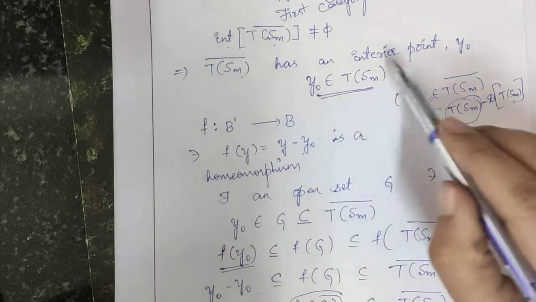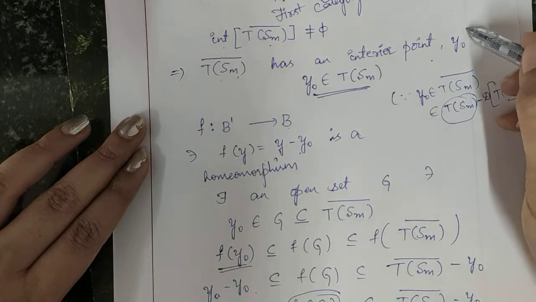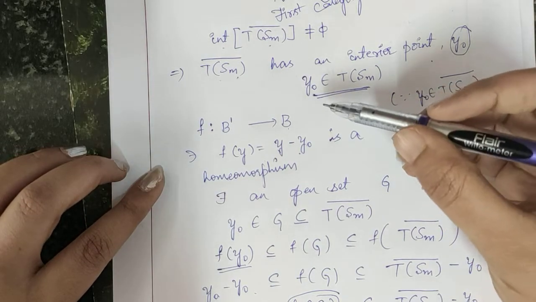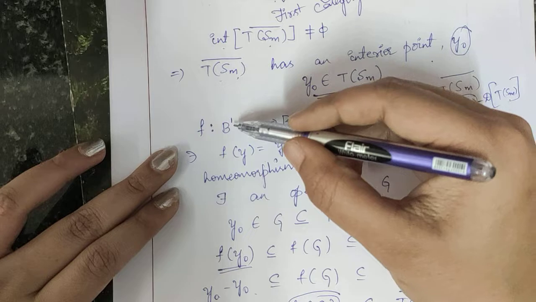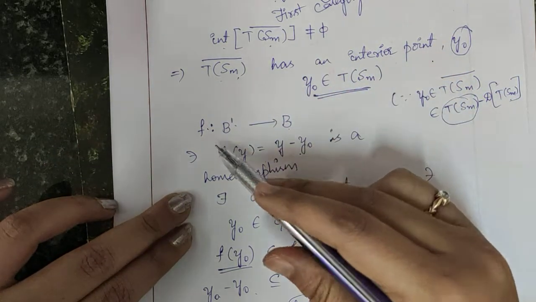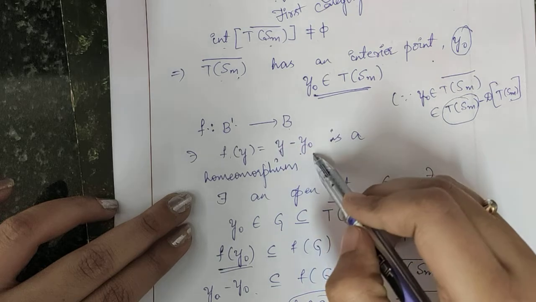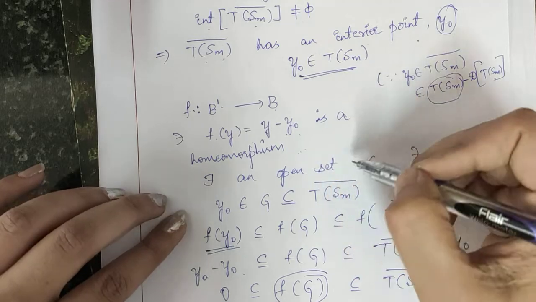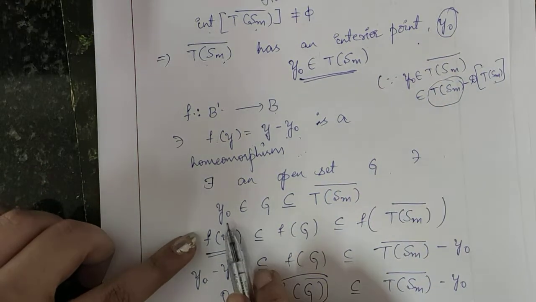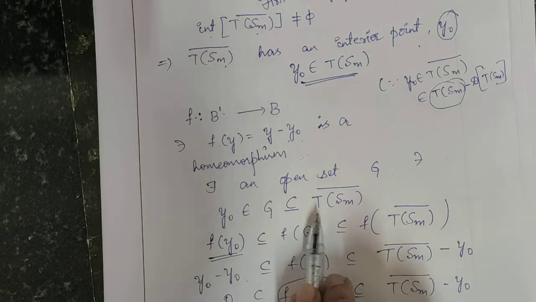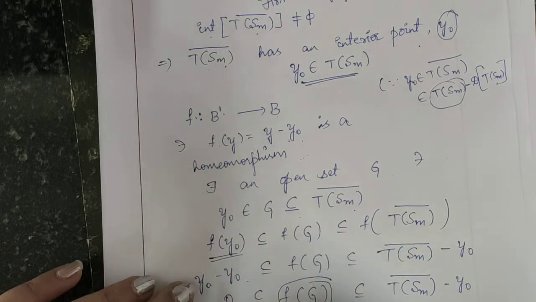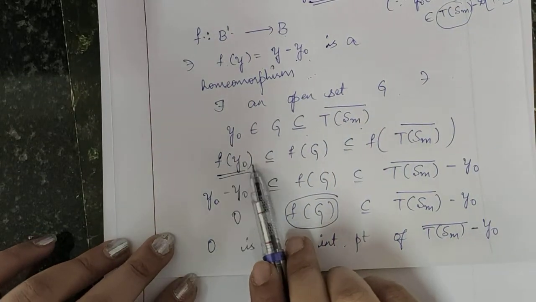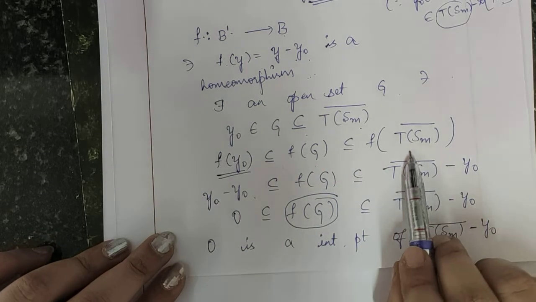So T of Sm whole closure has an interior point. I have just considered that interior point as y0. Now we are constructing a map from B prime to B as f such that the elements are of the form f of y is equal to y minus y0, which is a homeomorphism. So now there exists an open set G such that y0 belongs to G and it is a subset of T of Sm whole closure. Now operate f on both sides, so you will get f of y0 subset of f of G subset of f of T of Sm